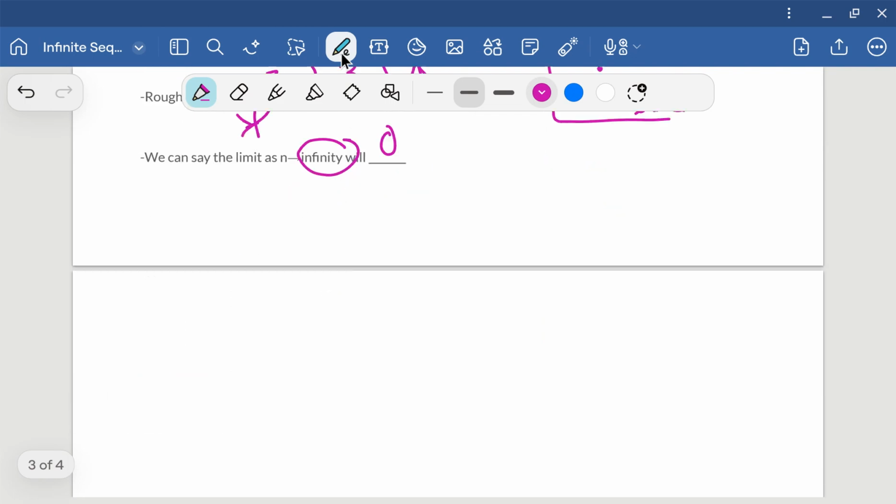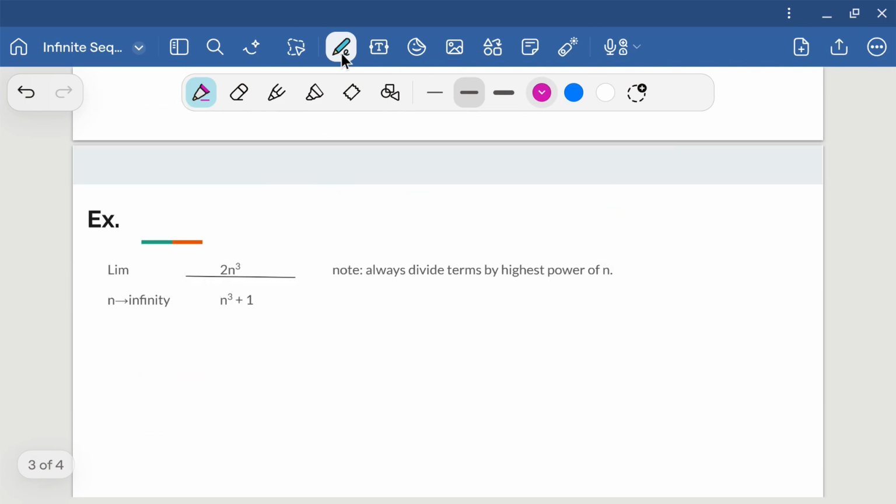So another question coming up is taking a look at a limit, and when your value is getting close to infinity, how can we tell what's going on? If we have a question like what we're seeing here, where you have 2n cubed divided by n cubed plus 1, there is a note here that we can simplify this by always dividing all your terms by the highest power of n. We're not going to change anything, but I take my 2n cubed and divide it by n cubed,